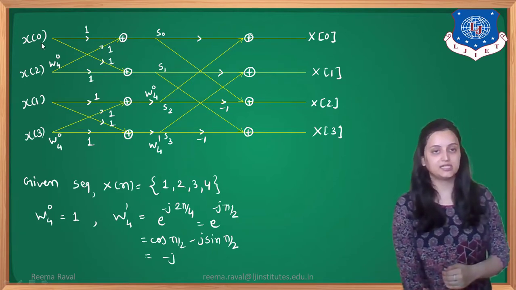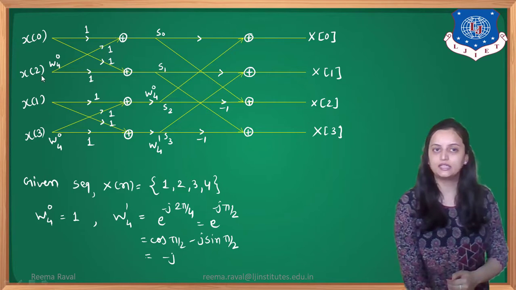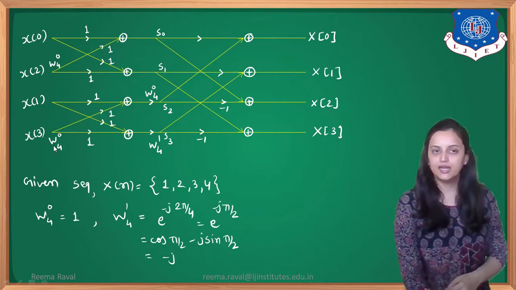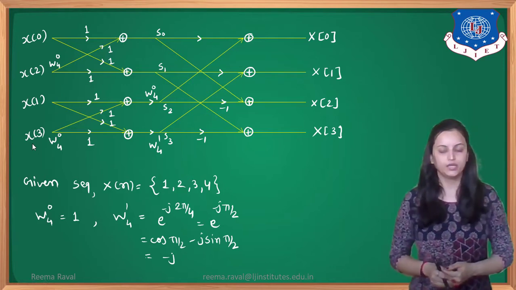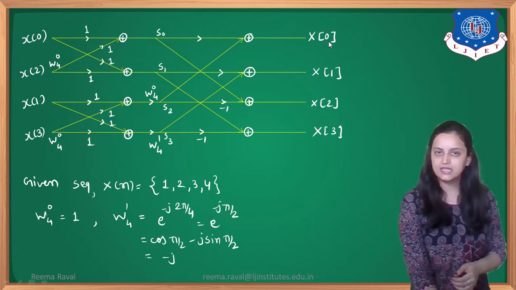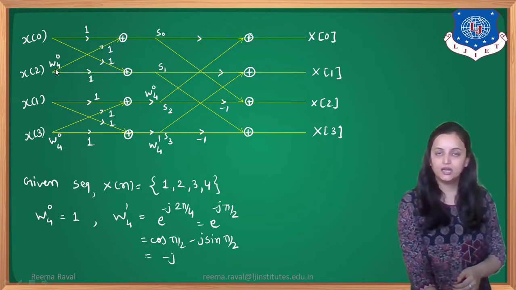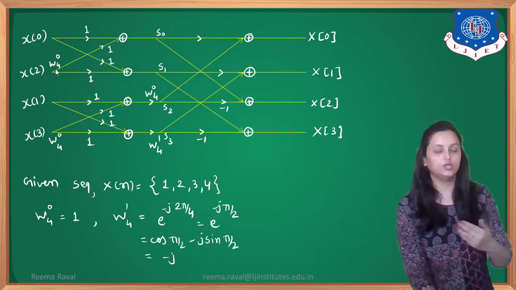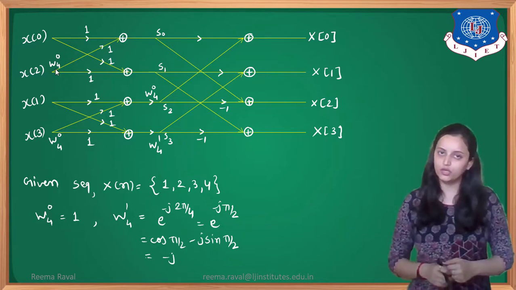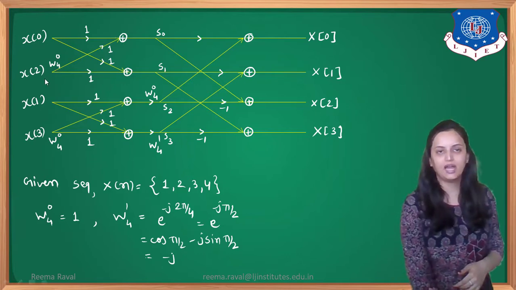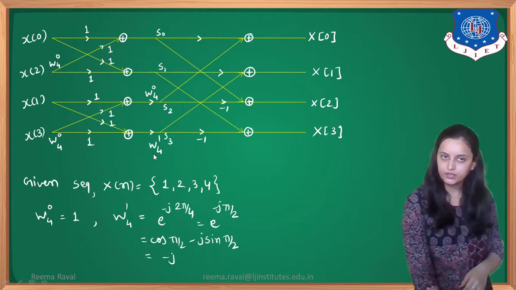Input sequences are to be placed like this according to even and odd values. That is, even values are placed first, so x(0) and x(2) are placed first, and x(1) and x(3) are placed last. The same logic which we have seen for the 8-point DFT. And the output will be in order, that is X(0), X(1), X(2) and X(3). Now the twiddle factor which we had in the previous session was W8^0, but here it will be W4^0. Why? Because we have 4 inputs only. So here we will have W4^0, W4^0, and here we will have W4^0 and W4^1.